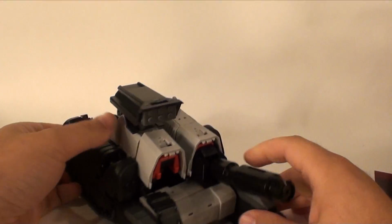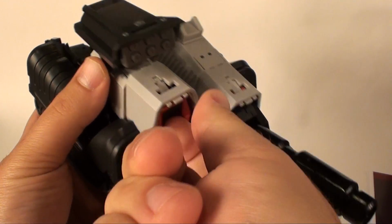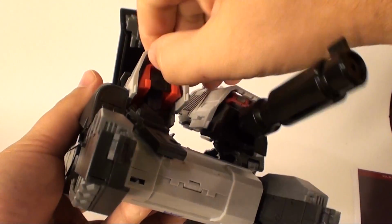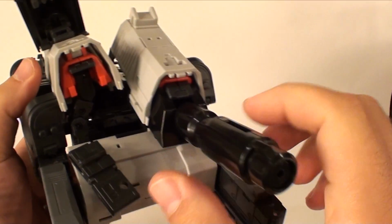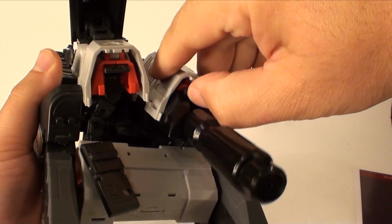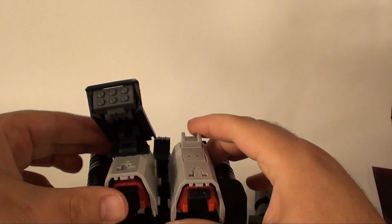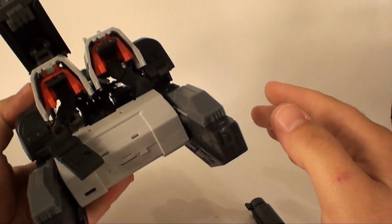Oh, and that's another thing. The standard transformation pattern tells you to push this little black piece down here. Come on, you can come out. This little black foot piece right here, it tells you to push it in, and I couldn't figure out how to make the gun actually connect. It turns out you have to push it in and then clip the gun, or this little piece on the top, but to clip it, it needs to actually be pulled out, so you can't clip it the way that the instruction manual tells you to do. It's a very minor thing, but when you have such a frustrating manual as it is,